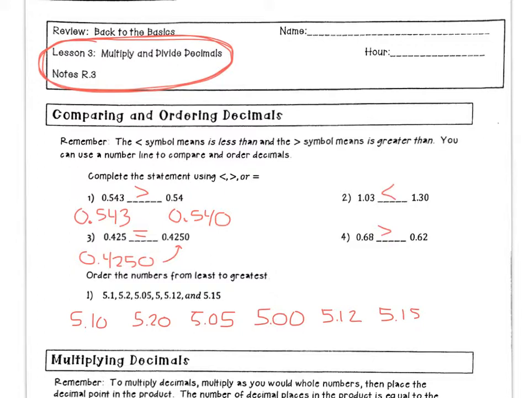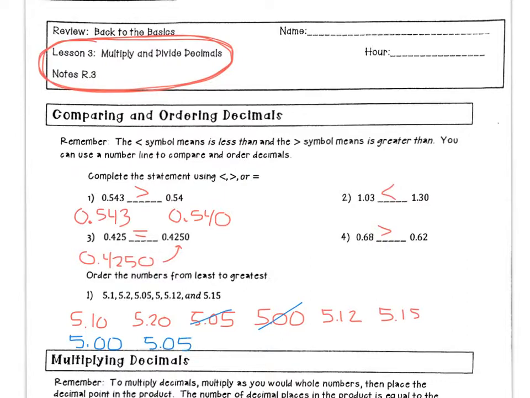So now just kind of ignore the decimal and put these in order. So think of this as 510, 520, 505, 500, 512, 515. 500 is the least. So we're going to start with that. Let's write this answer in blue. So 5.00 would be first, then 505, so 5.05,